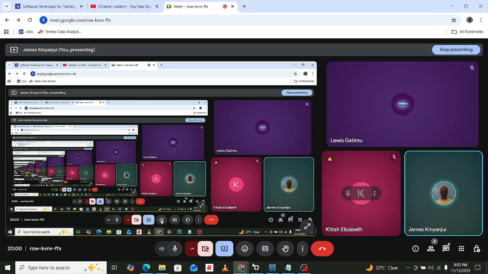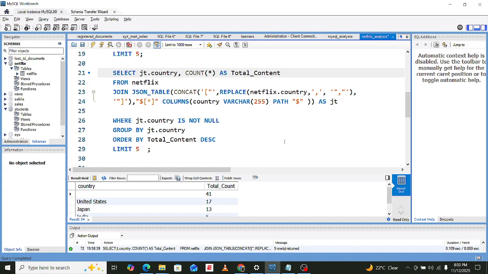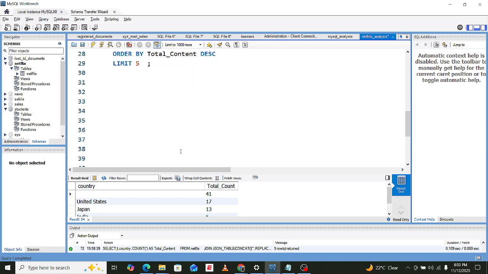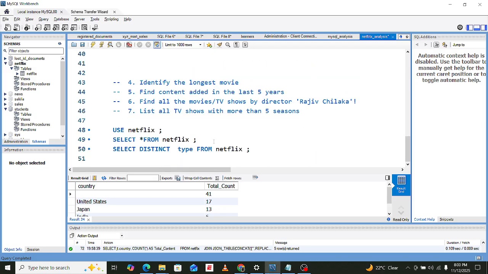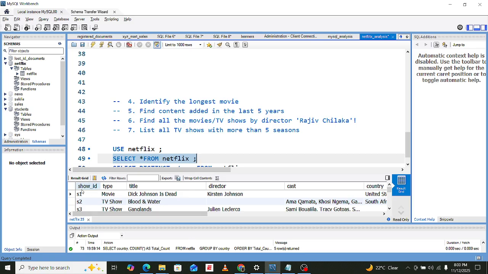I think that is what we were just missing there. But that is common, especially when you are writing these large queries. So anytime you have a problem like this one, let me just run through this command. And you notice that here we have show ID, type, title, director, and then our focus is on country.